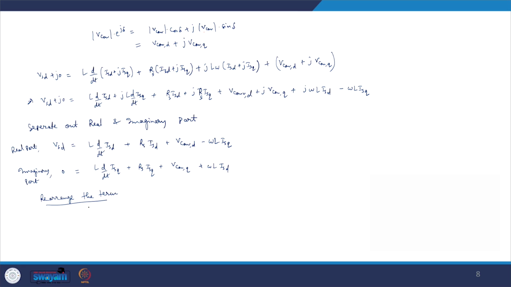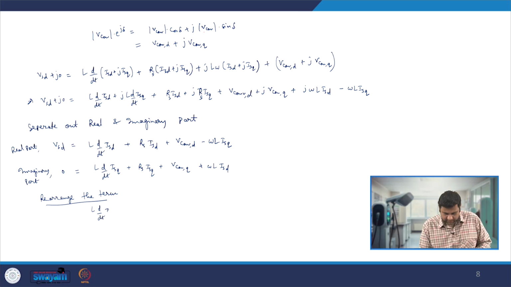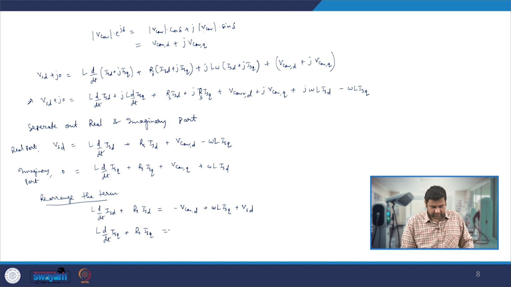So when we write down these things, what we will get is L d by dt ISD plus RS ISD, if we take to the other side, minus V converter D plus omega L ISQ and plus VSD, and similarly L d by dt ISQ plus RS ISQ, that is nothing but minus V converter Q